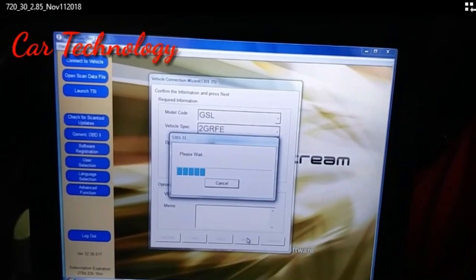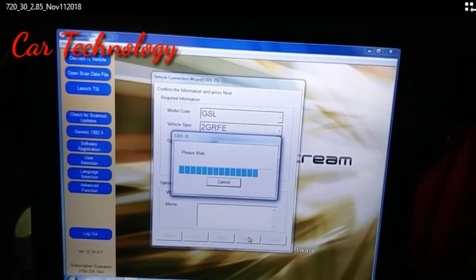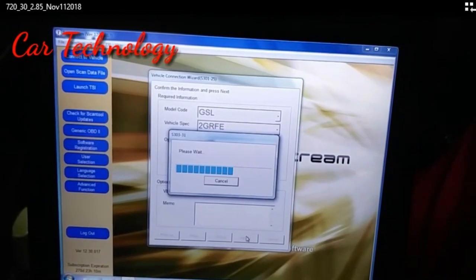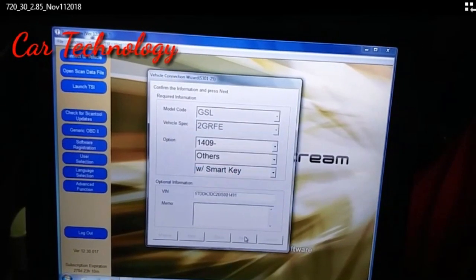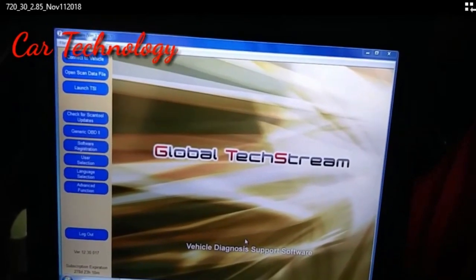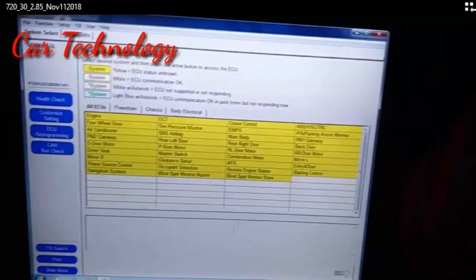Please wait. Now waiting a moment. Okay, now processing is ready.